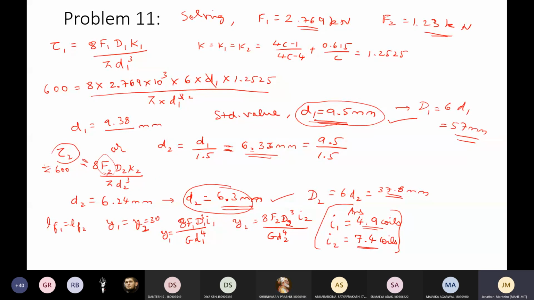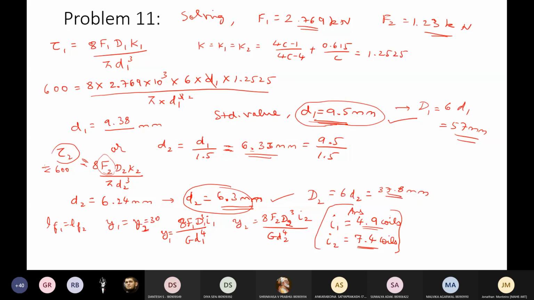So this is how you can use a property of concentric springs, that is diametrical clearance is equal to the difference in the wire diameters. With that, one of the properties can be directly used in order to arrive at the answer. And we have also already understood the concept of free length and so on, with respect to concentric springs. So when reading the problem, you have to be careful what is asked and what is the deflection associated with that.